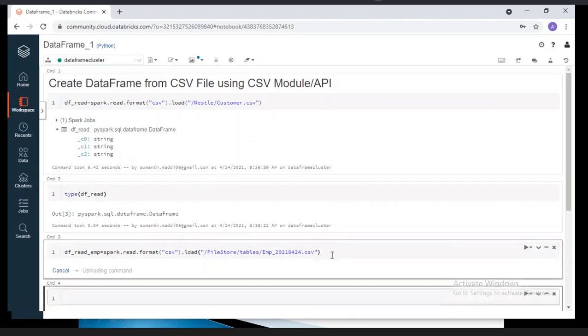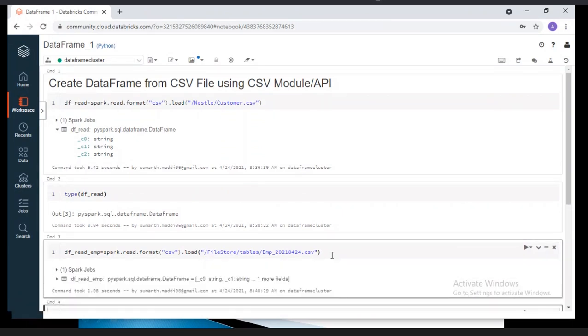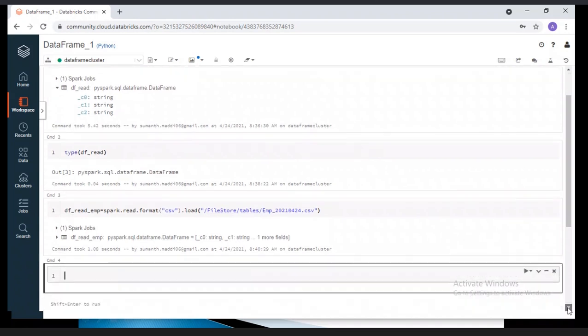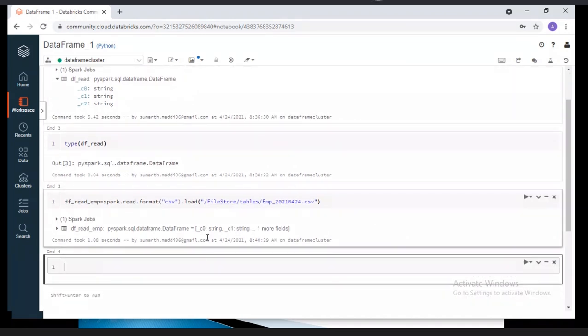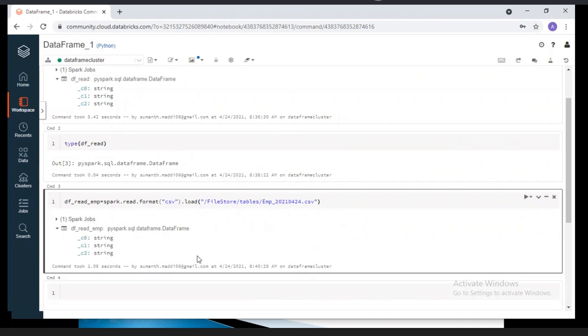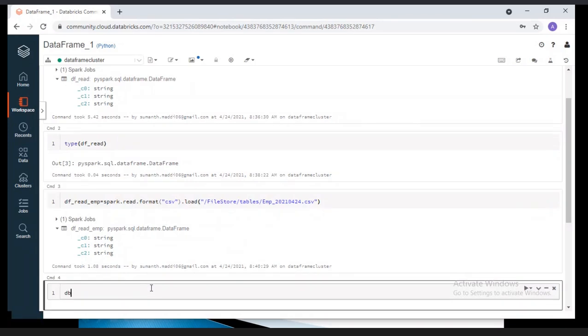Let me execute. Again it's still considering _c0, _c1, _c2, but we have the column header information inside this file.